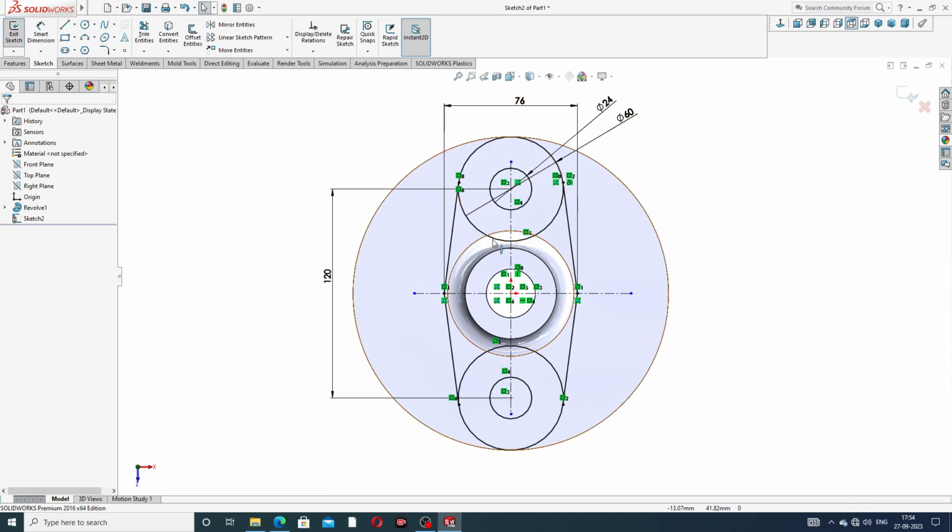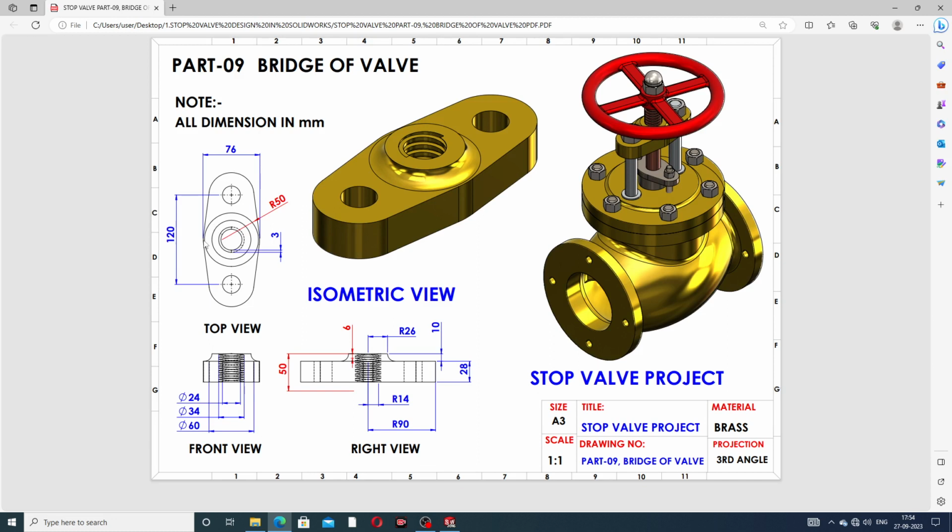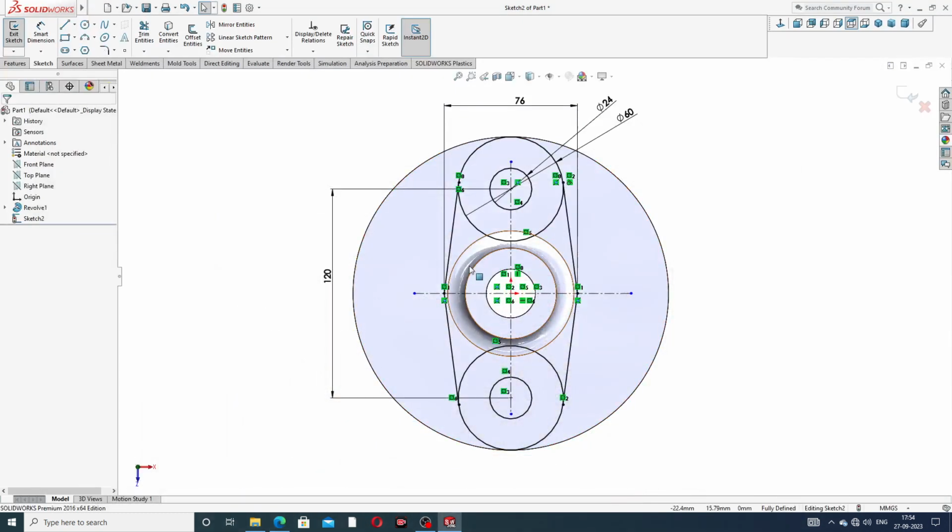All black color means this is fully defined, and this is a tangent line. Okay, all is correct, and this geometry is perfect. This is 120 millimeter and 26 millimeter, and this is drawing a circle. 60 millimeter is the diameter and 24 millimeter is the diameter, and then use this 34 millimeter, last, for the thread, and